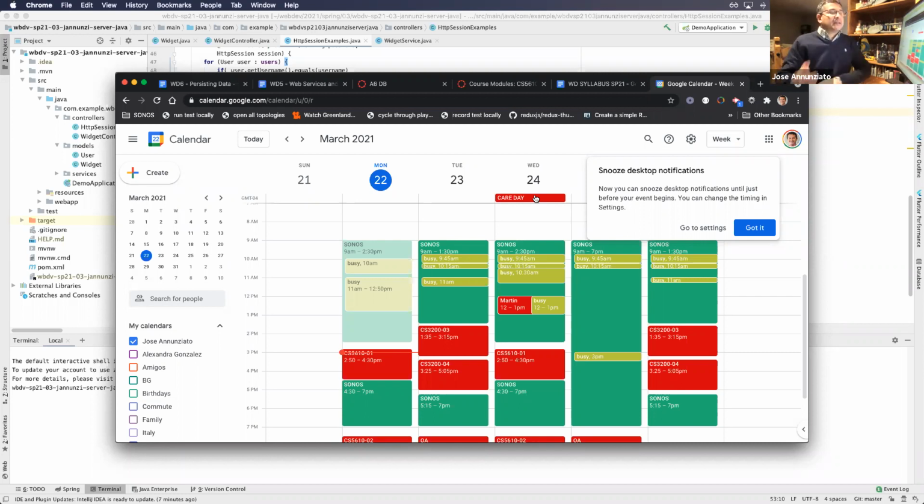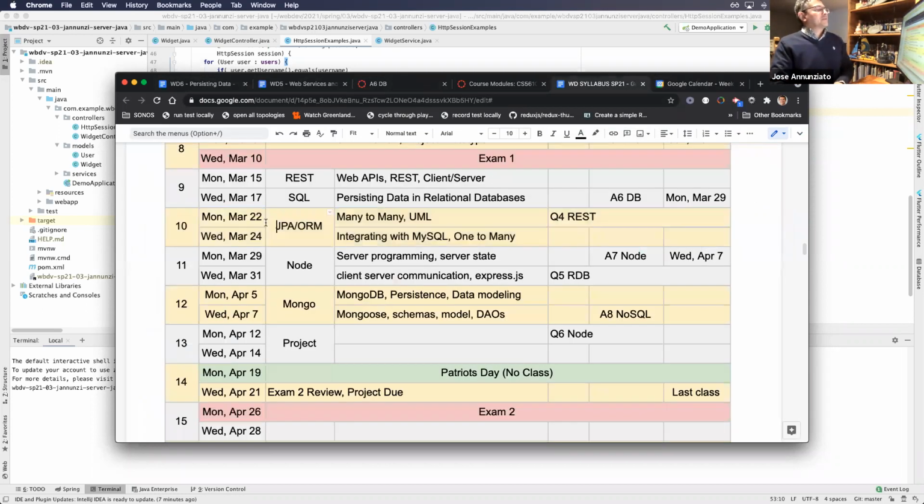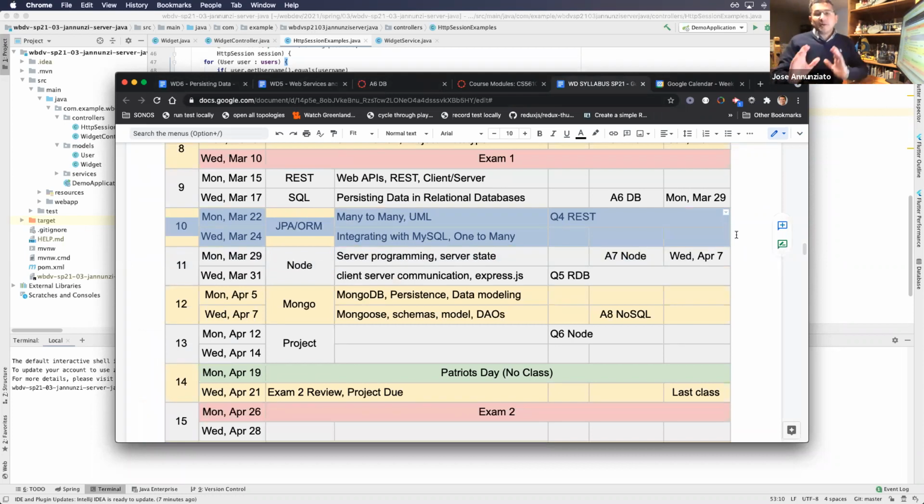All right, so let's see where we are. Let's see the syllabus. Yeah, so we're getting started on week number 10. Up to this point, we have taken a look at how to create user interfaces, how to interact with RESTful services, also with a database, but not your database, right? We've been using my generic server, which indeed behind the scenes is using a database. So what we want to learn is how you would store your own data in your own database, right? So we haven't done that. We kind of started that with first creating a RESTful controller that would allow us to expose a data model